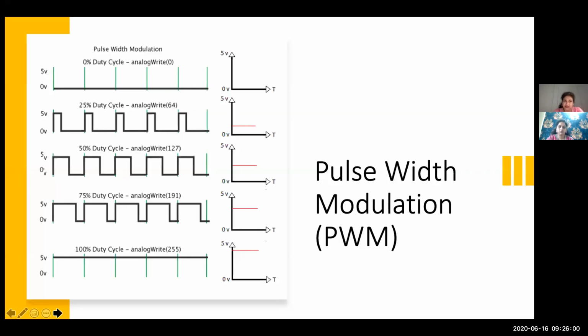So I'm reading the voltage variations of the potentiometer using the Arduino. Those voltage variations, after capturing by the Arduino, I have to use to control the brightness of the RGB LED or the colors of the RGB LED. This you have understood? Yes, ma'am. Okay. Now, what is the technique that I can use to vary that? That technique is called PWM or pulse width modulation.